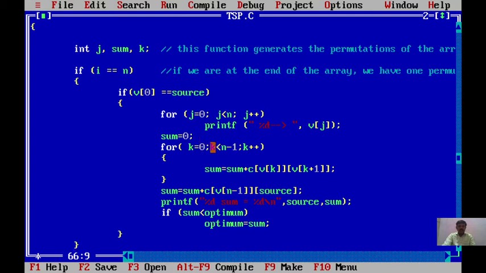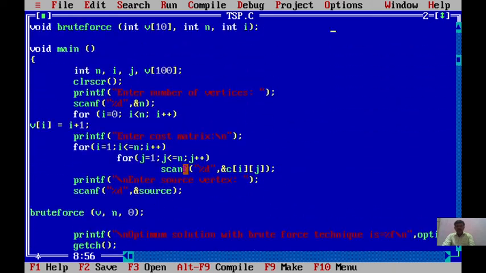Then this function finds the minimum path. Initially the sum is 0, and we check which node is reached, add that path cost to the sum, and print that sum. Finally we print the optimal solution with the brute force technique.